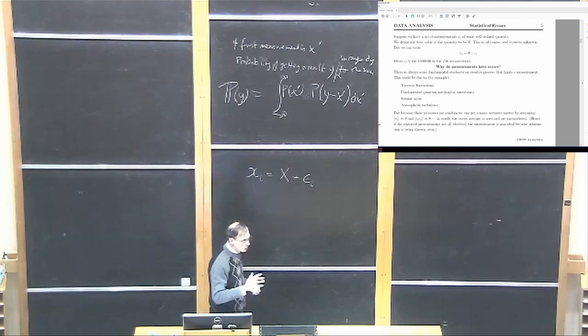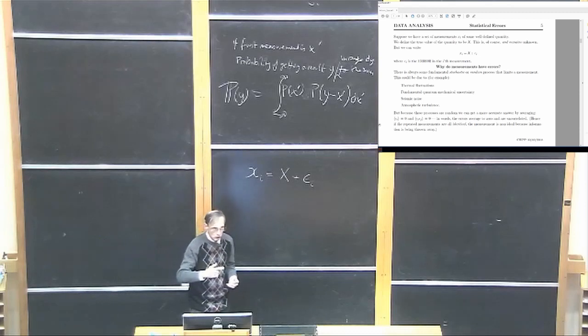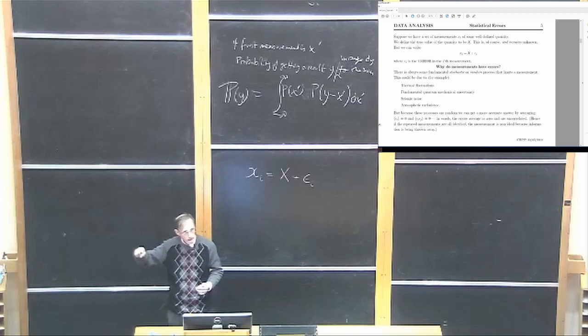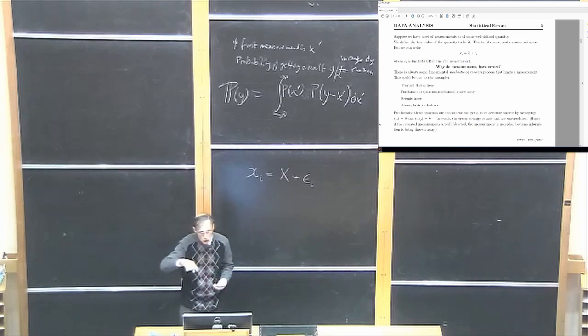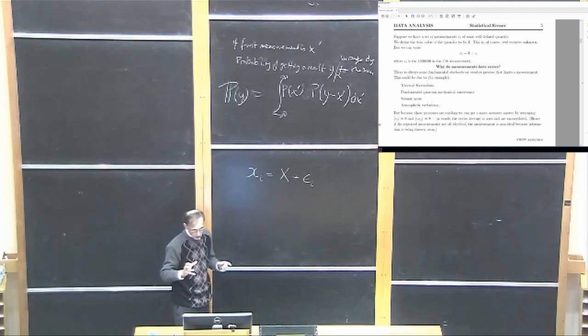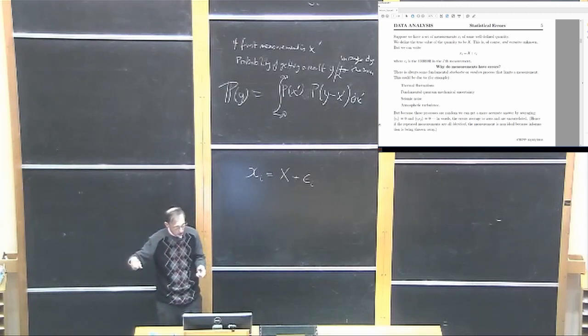Now, it's easy to construct predictable models of what epsilon might do, which would have that property. For example, it might vary as a sine wave. So there might be some sinusoidal process that's affecting the result. In the case of an electrical result, it might be mains pickup. So there's some 50 hertz that has got mixed in with the signal,